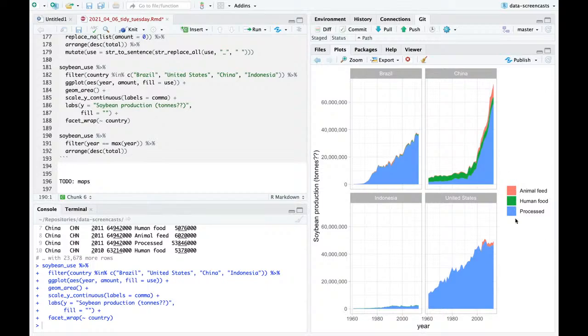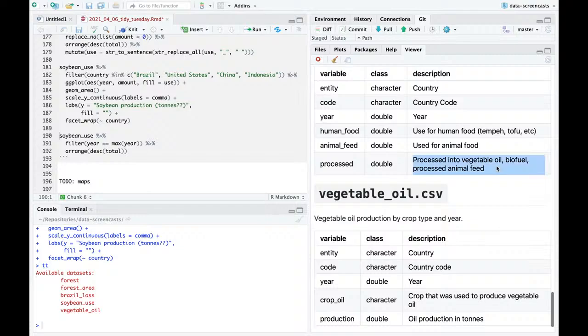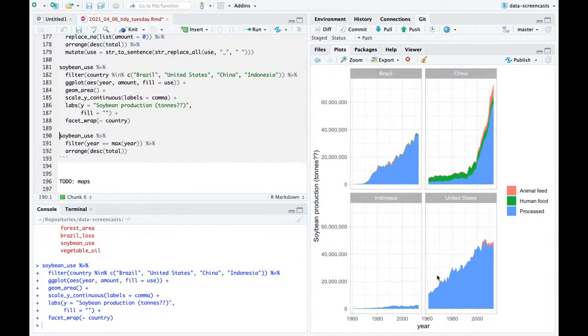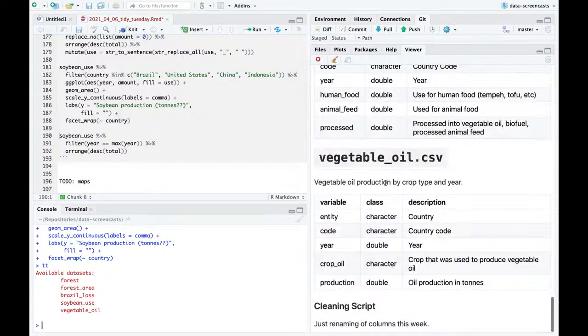The one thing I did want to look at here was China. It used to be a lot of soy for human use, but it's shown a growth of processed, which, as we noted from the guides, includes things like fuel or processed animal feed. All right, so I think it's an interesting visualization. I don't have a way to link it to deforestation right now. We have 10 more minutes, so what I'm going to do is